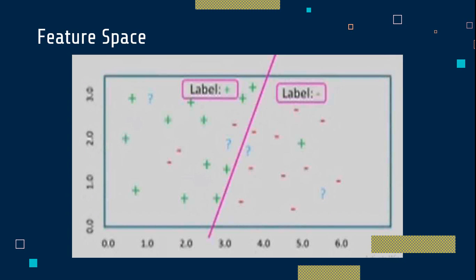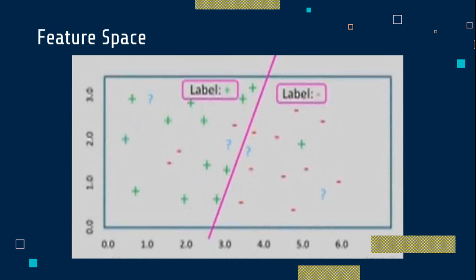I am making the one line here and saying that the labels on the upper side are positive, and the labels on the lower side are negative. Okay, there may be some error, you can decide the error, but that is the minimum error, right? So using this line, you can definitely say that the question marks belonging to the upper right corner belong to the positive, and the lower ones are negative. Okay, so this is called a